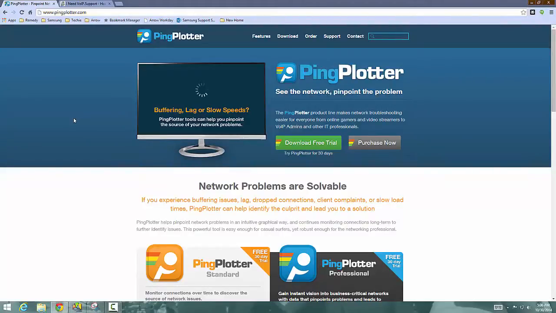So what I could use PingPlotter for in that example is I could run it from here to see what kind of connectivity I'm getting back to the office, and is it stable enough to support VoIP. Some other situations that I've had to use this application in the past is